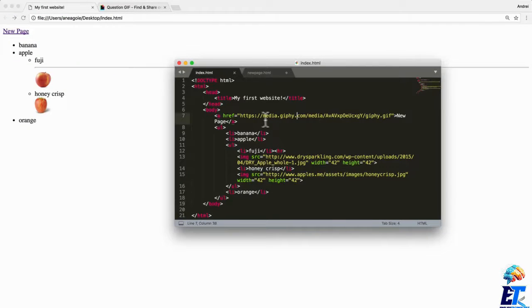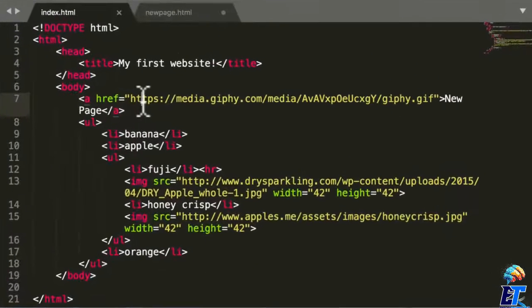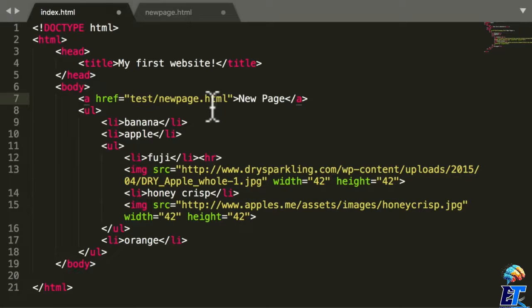All right. Hopefully that answers your question. We'll get into HTTP and HTTPS later on in the course. But for now, keep in mind that there's absolute path and then there is relative path. I'm going to